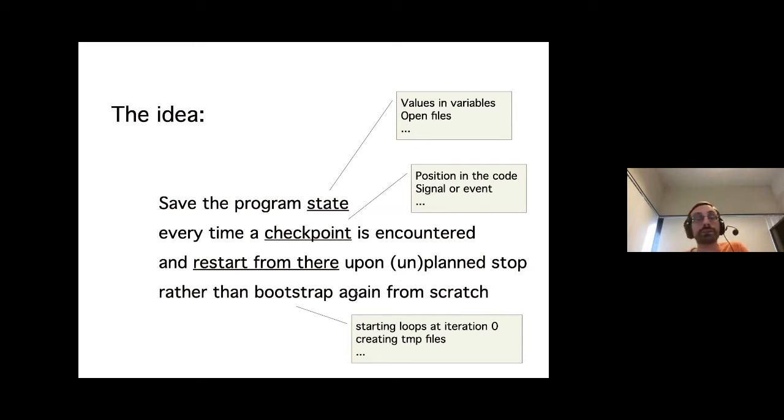Or it can be if something happens, if someone tells me, oh, save your state now, that's when you need to do it. So those are the typical solutions. When something happens, that's what we call a signal. That means it's a reactive way to do it.